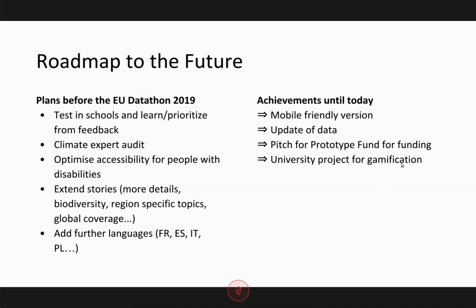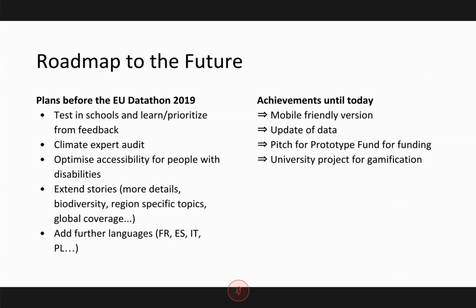There, the students decided to have a more game-like interface and approach, but it was nevertheless interesting to see their thoughts about how one could demonstrate climate change or how to save greenhouse gas emissions to a younger audience. We also wanted to have some expert audit, optimize the accessibility for people with disabilities, and extend the stories. As I said before, the biodiversity part would have been interesting, and add further languages.